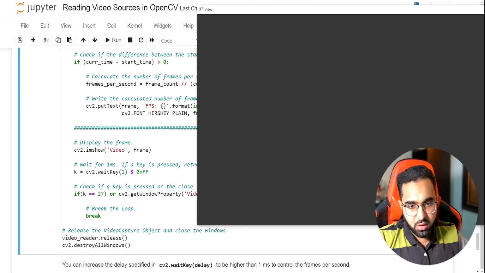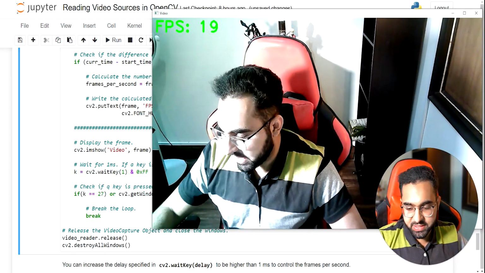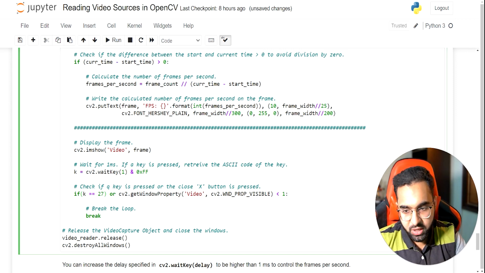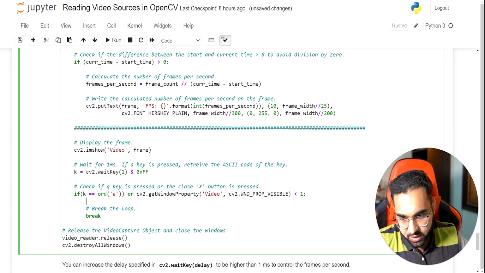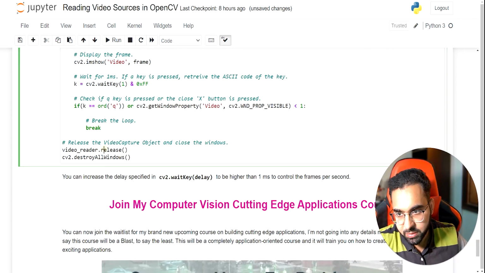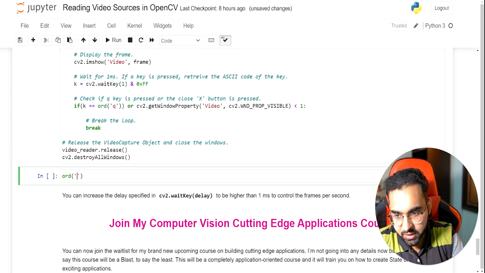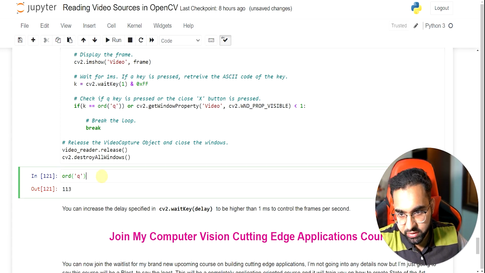So if I run this and I press the escape button, this will close because 27 is the ASCII value for the escape button. Similarly, there's an ASCII value for the letter Q, and I can put it directly here. I don't exactly remember the ASCII value of Q, so maybe I can get it out: ord and then Q. So the ASCII value is 113.